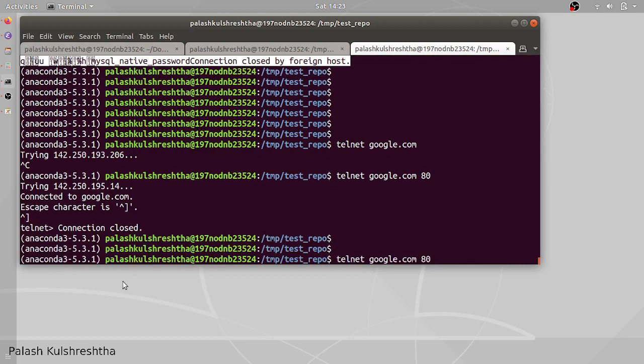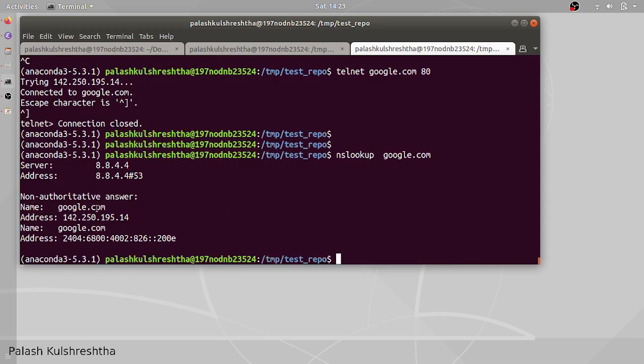Now let's try to find out the IP of google.com. Its IP is 142.250.195.14. Now let's try to connect to this IP on port 80. Telnet, we are going to copy paste with Control Shift C, Control Shift V, and check connectivity on port 80.